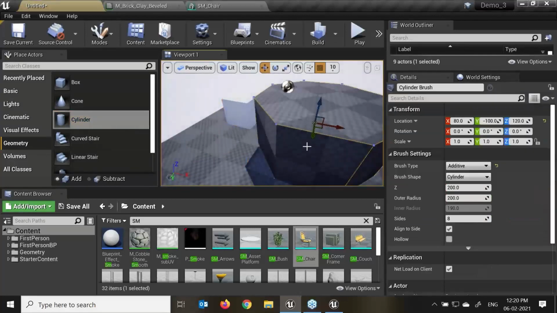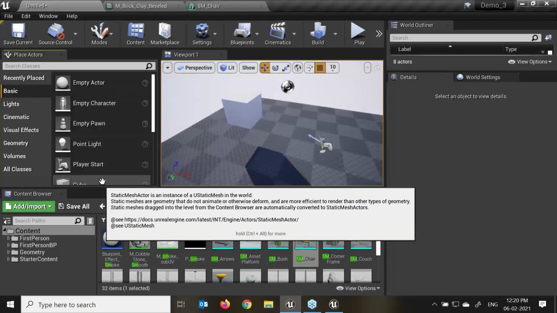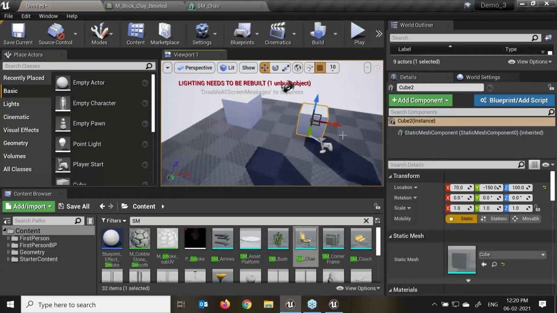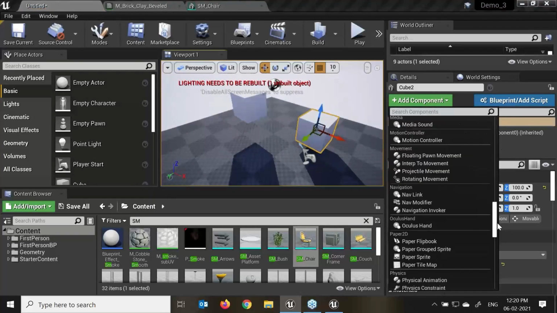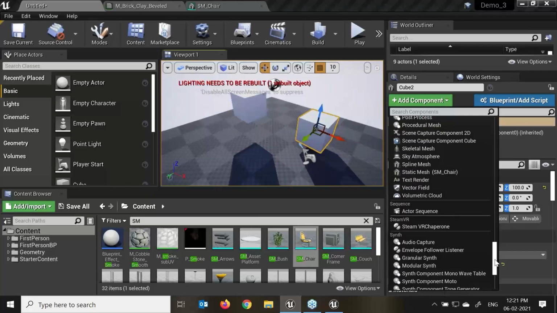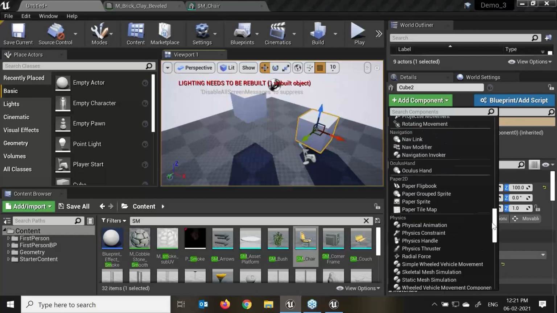I'm so sorry, I'll go back to the basics and create one more cube. If I create the cube over here, we can add more components, movement, navigation. I'll try to show this slowly, with the differences, when we are creating a level for a game. And in my next session, I will start to create a game with the session I have taken earlier. We will use different triggers and the blueprint in that as well.